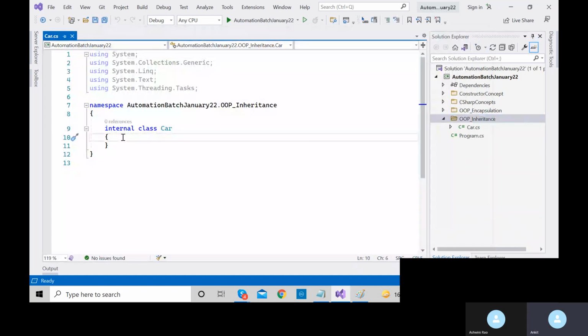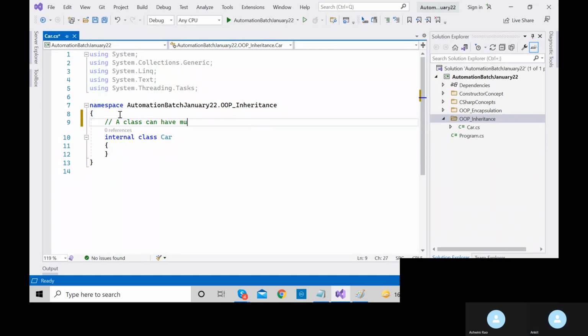Before understanding inheritance, let's understand that a class can have multiple child classes, right? A class can have multiple child classes, but